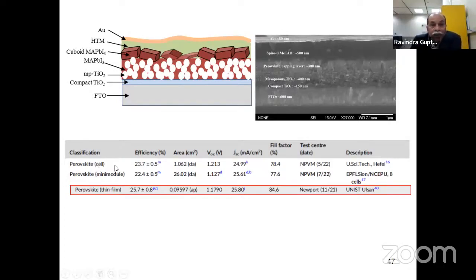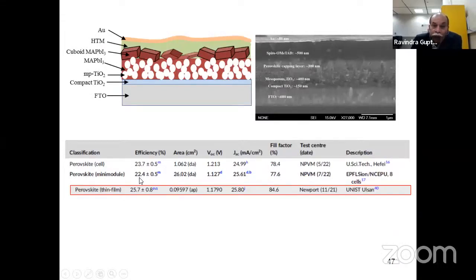Then we have the HTM material to get the electron and holes. And then we have gold material, like that. This is the structure. And we have light from the bottom, from this side. So at present, this is very, very popular in the research field. And efficiencies, you can see 23.7. And when you go for the mini module, 26 centimeters square, it's very, very